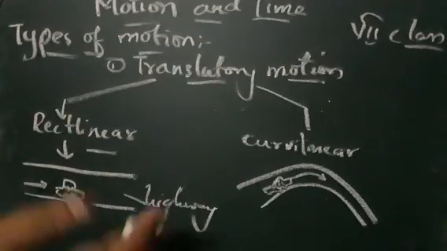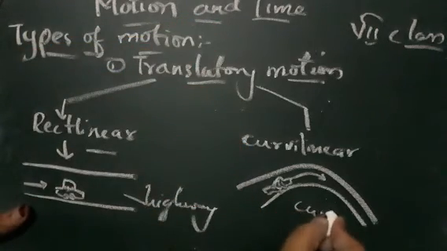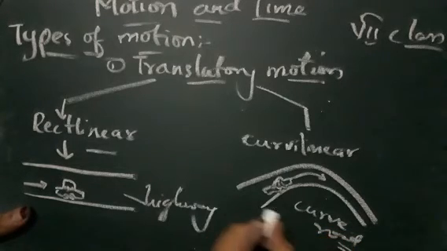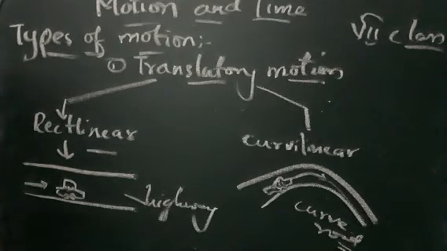And sometimes we have slopes on the roads. When we go on the road, sometimes we have a slope like this. We have to go up and then we have to come down. So those roads have curves. When you are on this curve coming down like this, that is said to be a curvilinear motion.